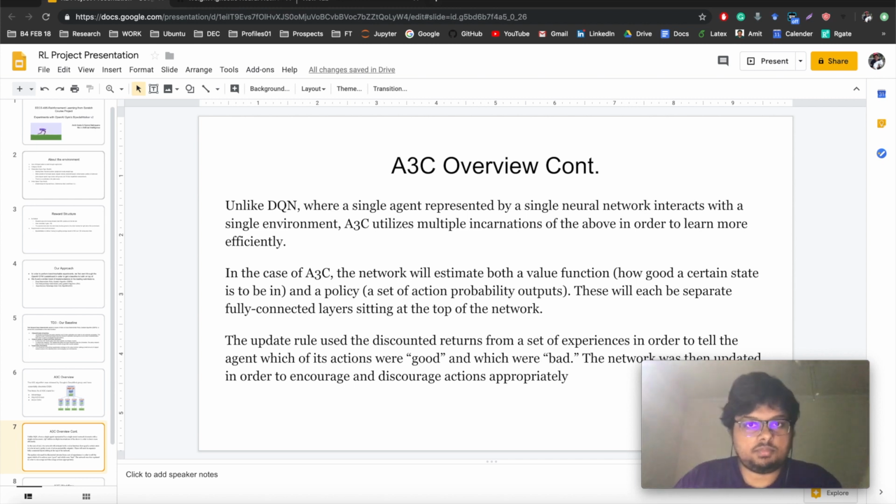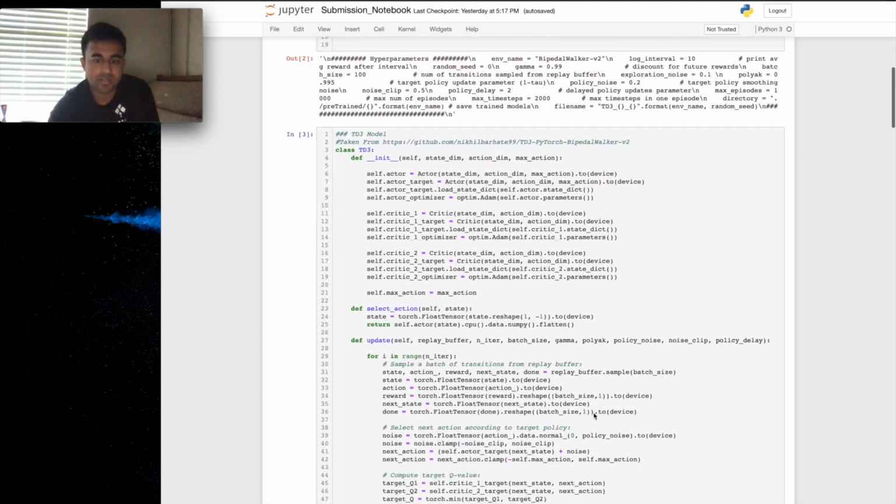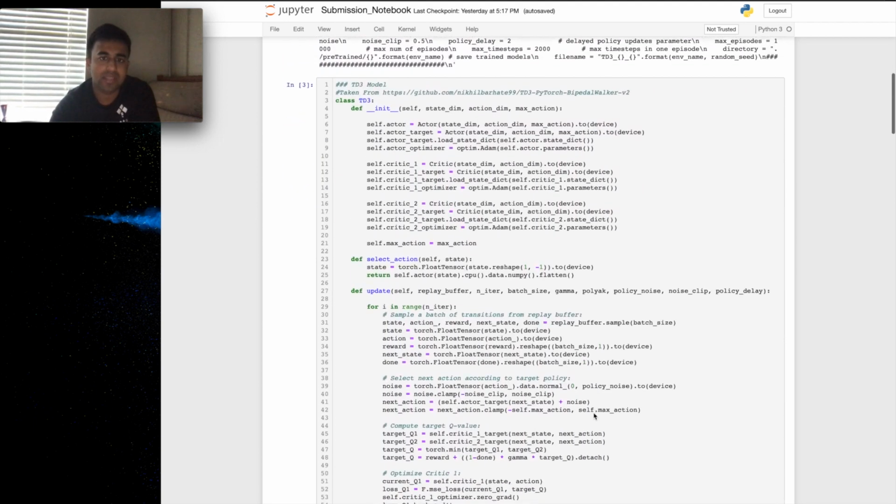In A3C, there are multiple agents which interact with the environment, and all of their experience is learned by a global network. In the case of A3C, the global network has separate fully connected layers and a different gradient step to update them. To take you through the experiments that we ran,